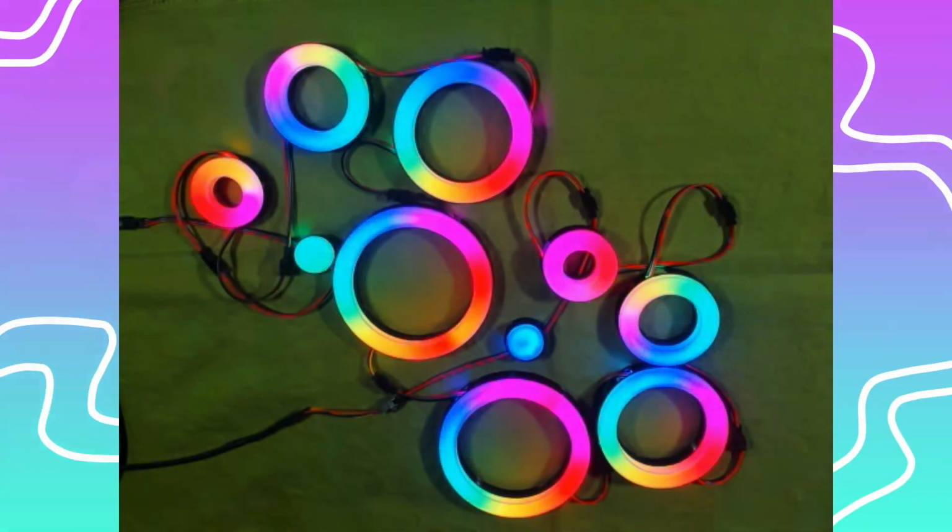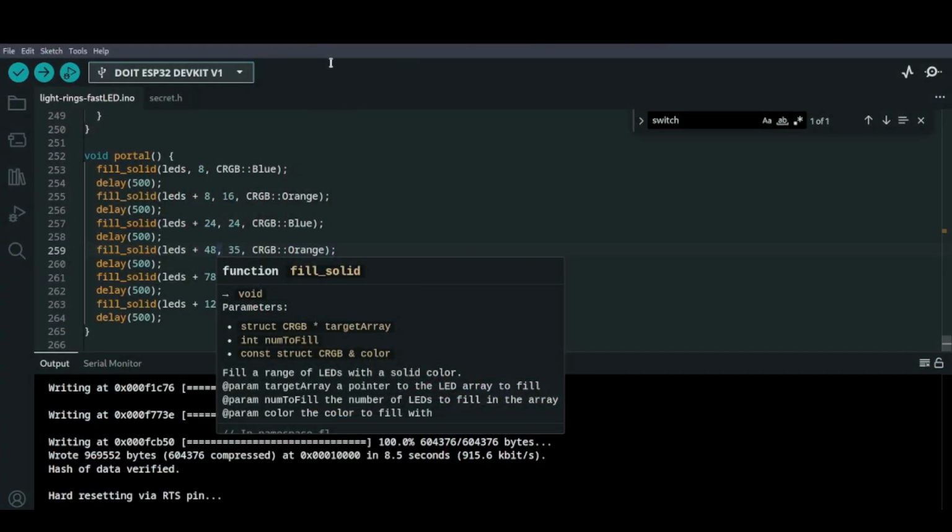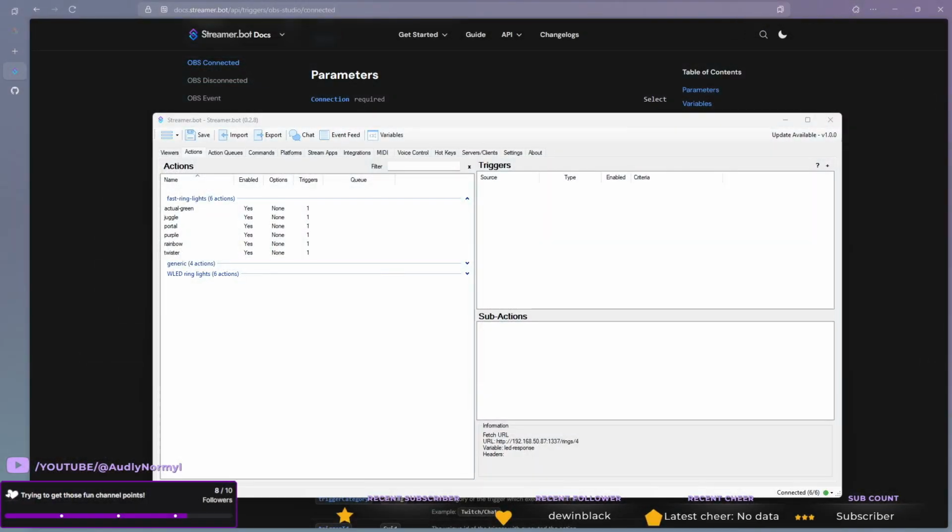All right, let me change it back to this one. All right, that's Portal-ish, not working right now, but that's okay. It kind of works. Twister.